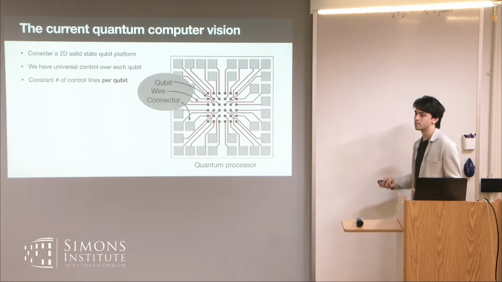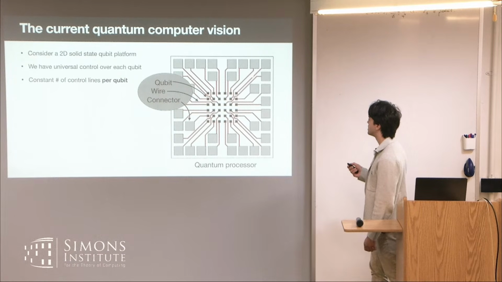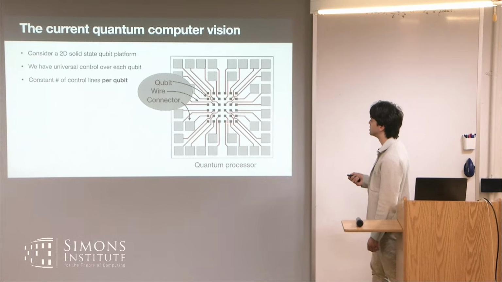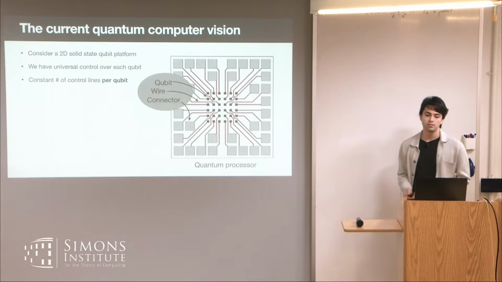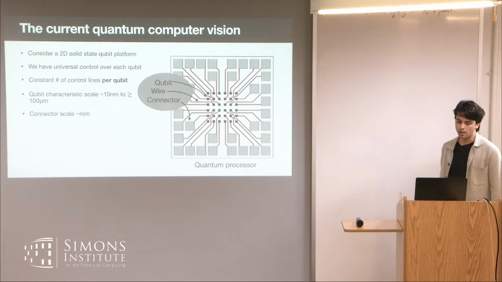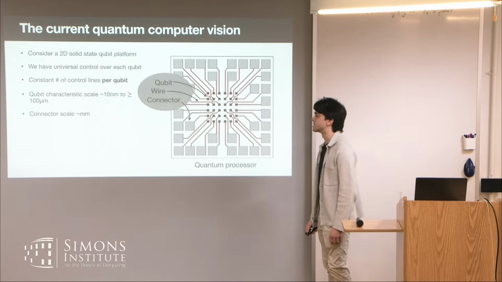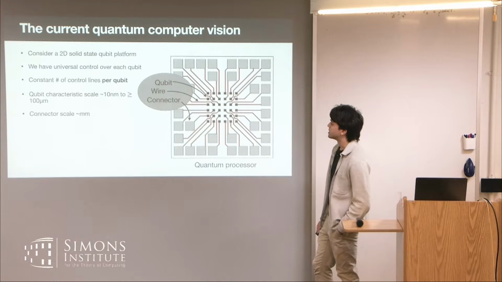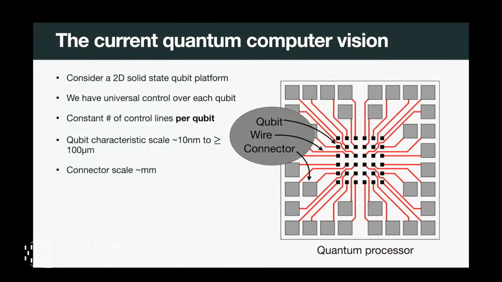So if we have, say, 1 million of these things, then we need 1 million connectors and 1 million wires going into this qubit lattice, which might be at a much smaller scale. And so there's some area-perimeter issue. This is pretty extreme in some cases, where for some qubit technologies your qubit might be as small as 10 nanometers or a few dozen nanometers. In other technologies it's less of a problem; your qubits might be hundreds of microns.